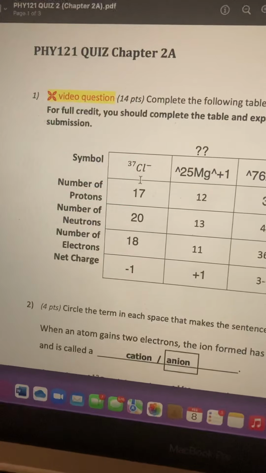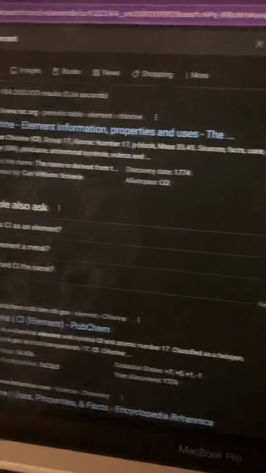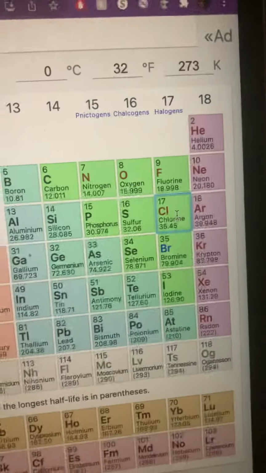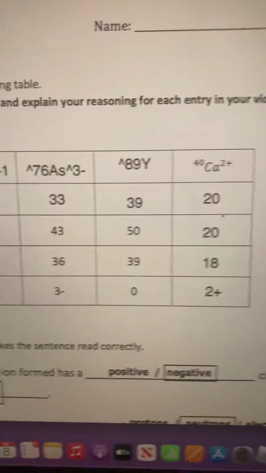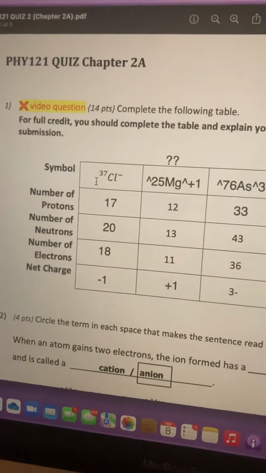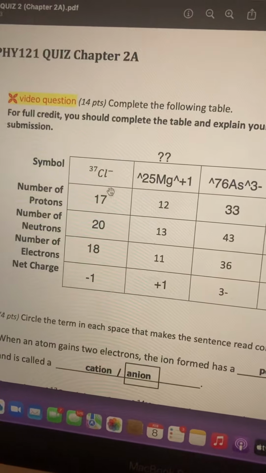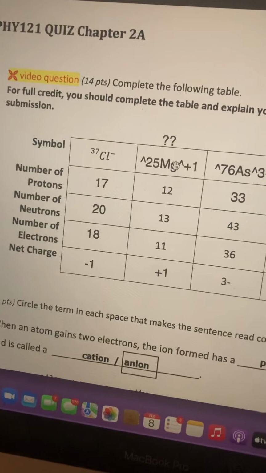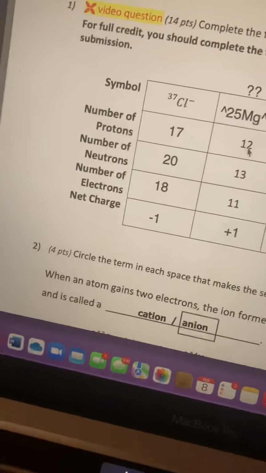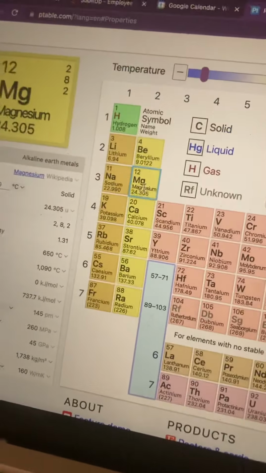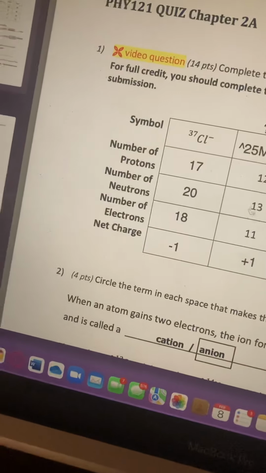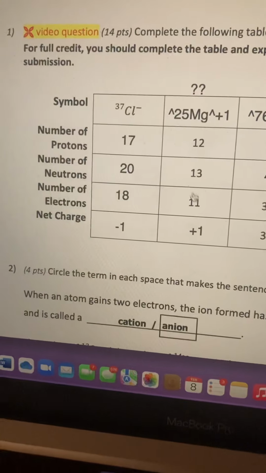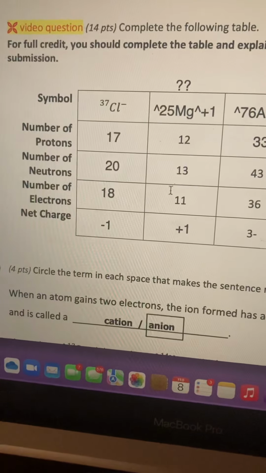For chlorine, it just has 17 protons, because, right there. And 37 minus 17 is 20. It's negative charge. -1 is the net charge. For magnesium, it's giving us the protons, which is 12. 12 right there. The number of neutrons, add those together, you get 25. And there's 1 electron